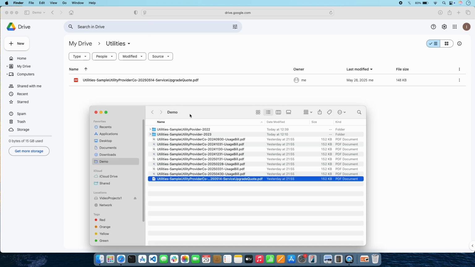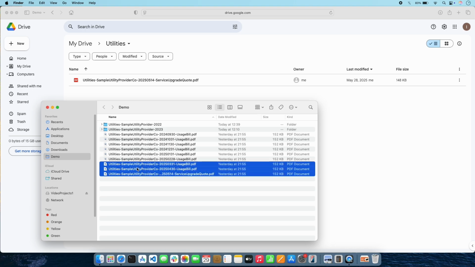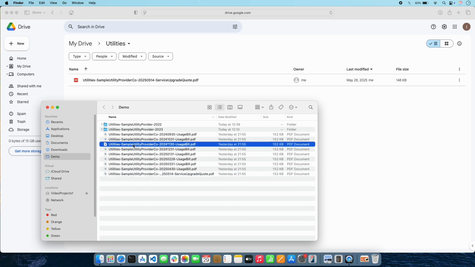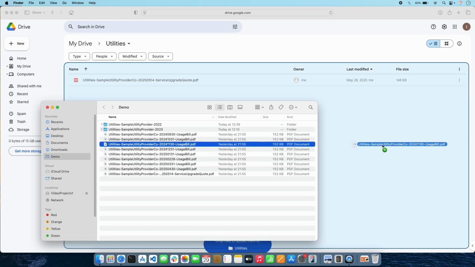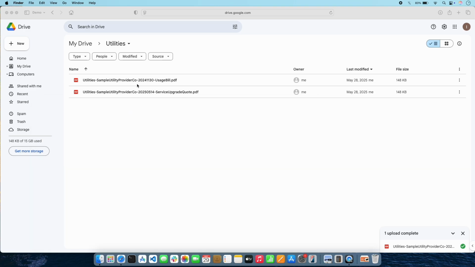Make sure you've positioned the Finder window so that the Google Drive window is also visible, either behind the Finder window or elsewhere on your screen. Select the file or files you want to upload. Again, selecting multiple files is an option. Then, drag and drop them into the Google Drive page in your browser window. The files will upload. Both of the files I uploaded are now in Google Drive. Anytime I need to view or download these files, I can return to Google Drive and access them.